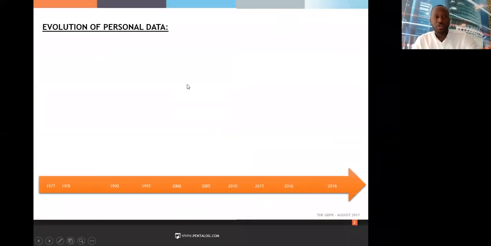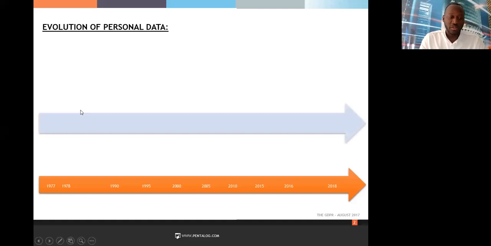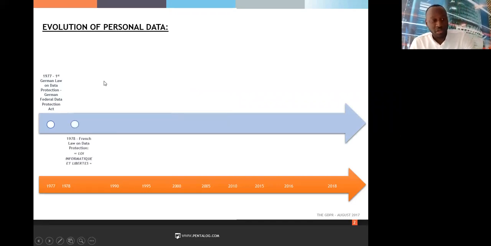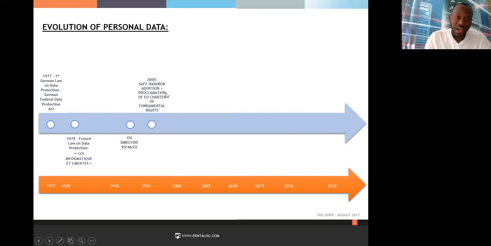The evolution of personal data. The first law worldwide regarding data protection was implemented in Germany, in the state of Hessen, in 1970. Then the first general federal law in Germany was enacted in 1977, followed by France in 1978 with the Loi Informatique et Libertés. Then in 1995, we had the EU Directive 95/46/CE, and in 2000, we had the adoption of the Safe